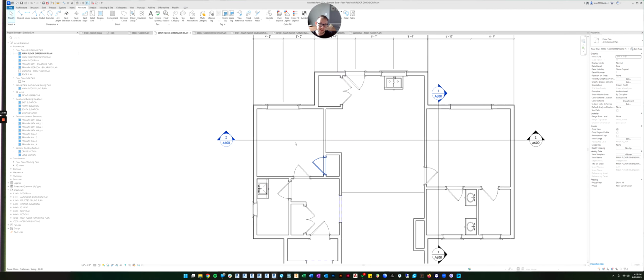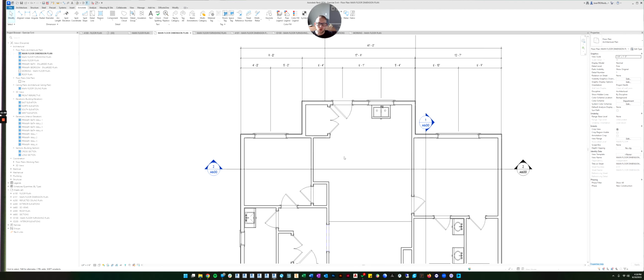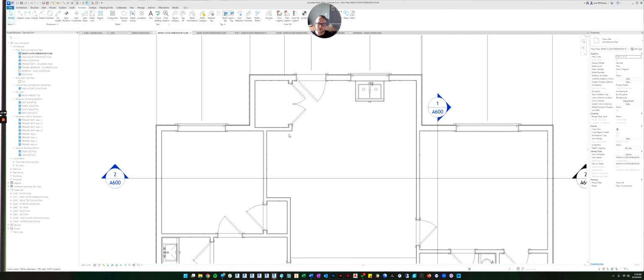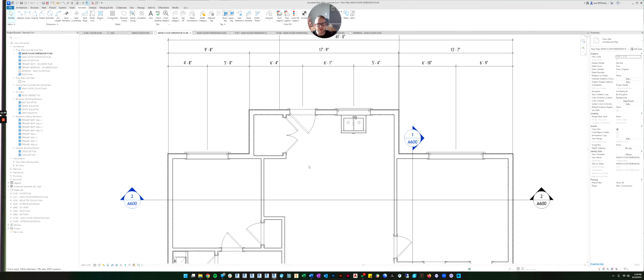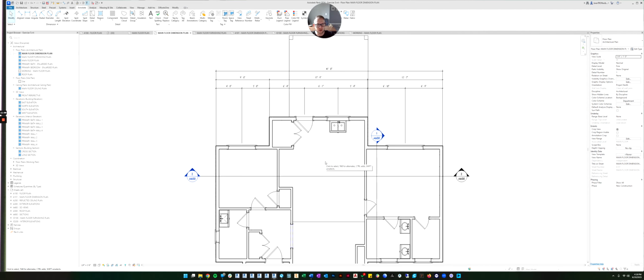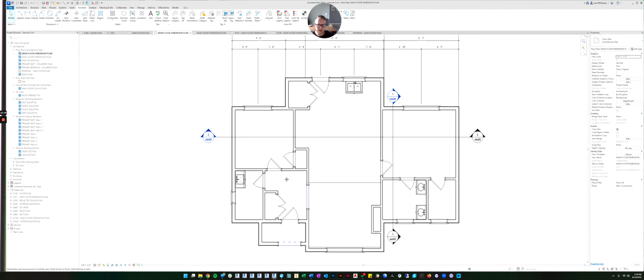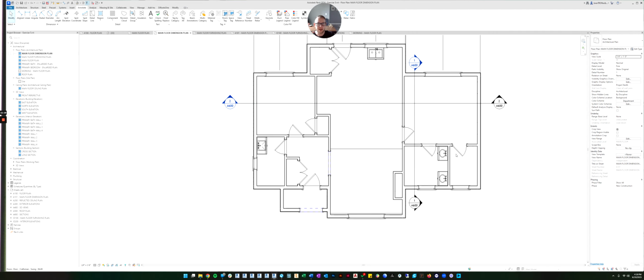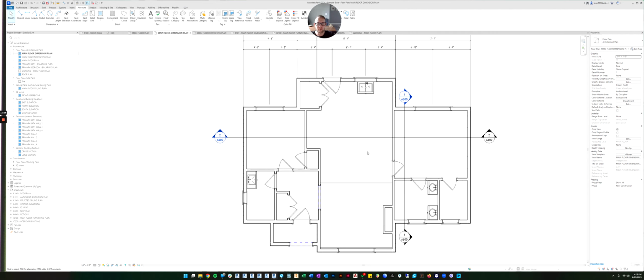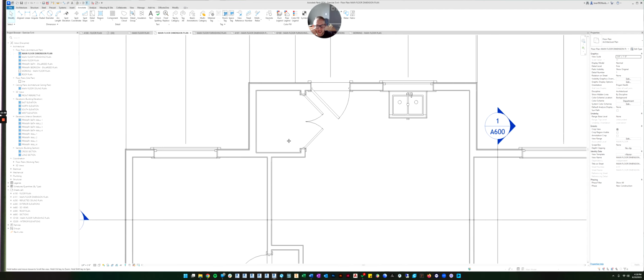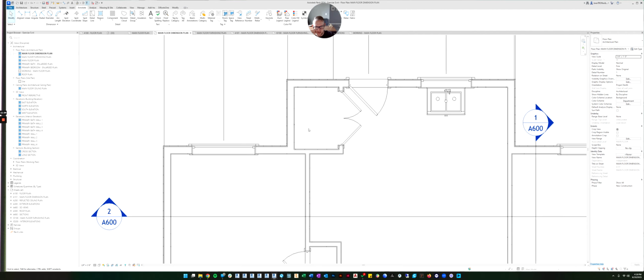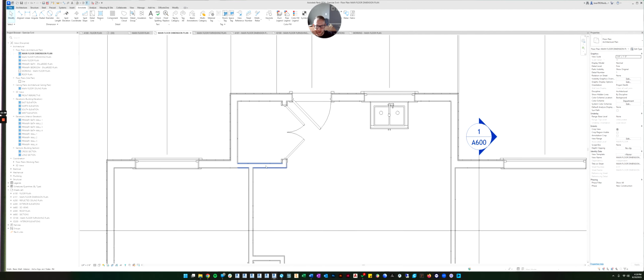Then you're going to dimension the interior. So what you're going to do is you're just asking yourself, have I given the contractor the dimensions for every wall in this house? If you've done the exterior, then all of the exterior walls have been set in place and the contractor knows. But then you have to find the interior walls that aren't dimensioned. So let's just go one by one.